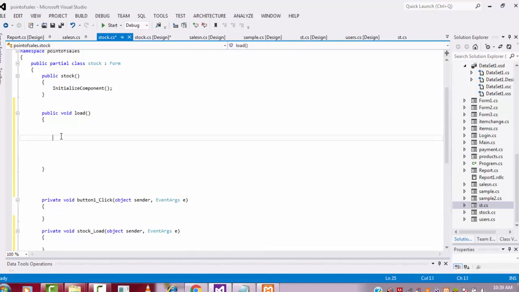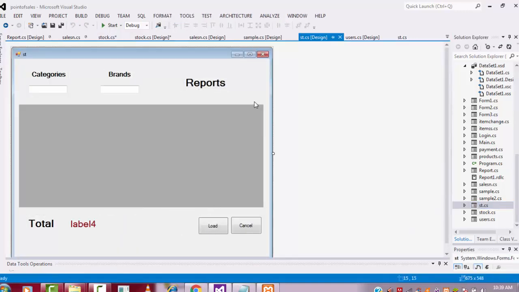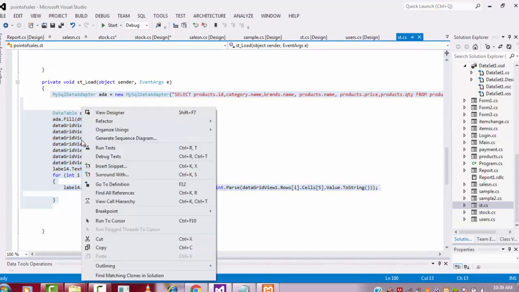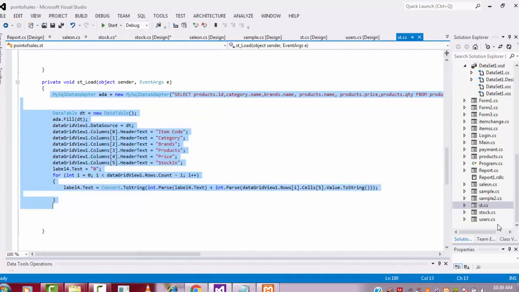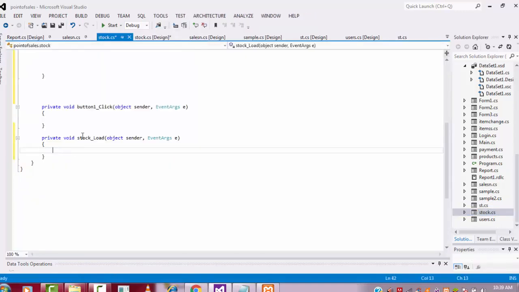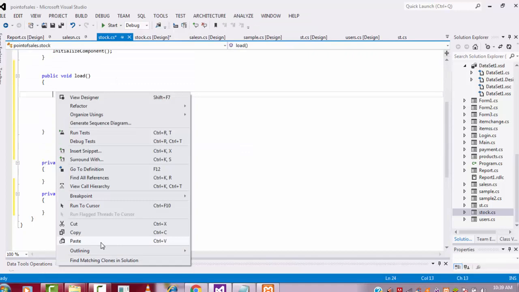Going back to my ST form, double click on this. This is the code which I wrote; I just copy and paste it. After that, I will explain what I did. Here I will place it.